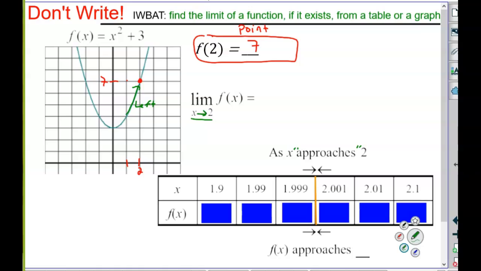Well, what numbers for x are less than 2? Those are the numbers like 1.9, 1.99, 1.999. All of those numbers are to the left of 2. So what we can do then is, what if I actually just grab a table and plug in 1.99 into the equation? Grab your calculator right now